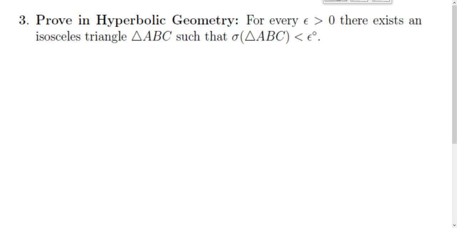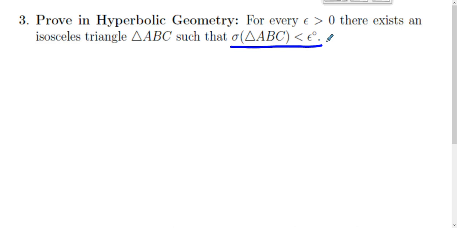In this screencast, we will finish looking at some examples of theorems in hyperbolic geometry. These three examples will help us understand the connection between distances and angle measures. So here's one. For every epsilon greater than 0, there exists an isosceles triangle ABC such that the angle sum